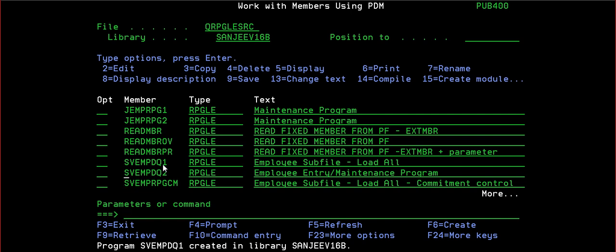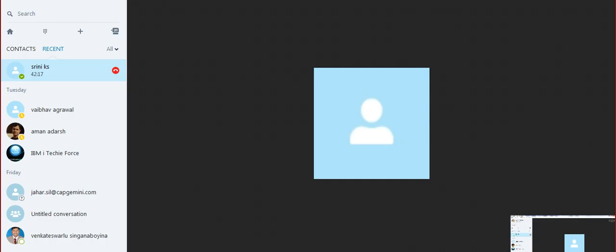Coming back to receive data queue, so this will be SNDDTAQ. Sir, the cursor is not visible. Okay, so I will disconnect and reconnect. Yeah, that's better.